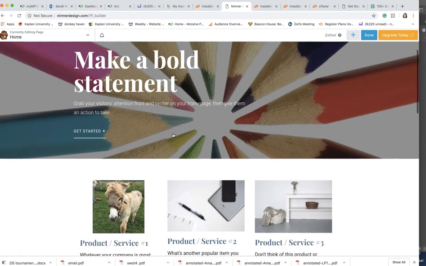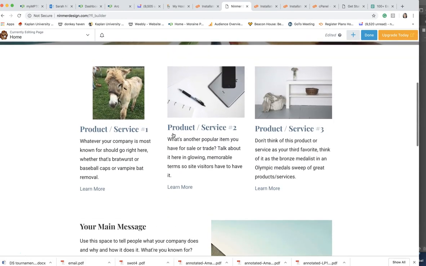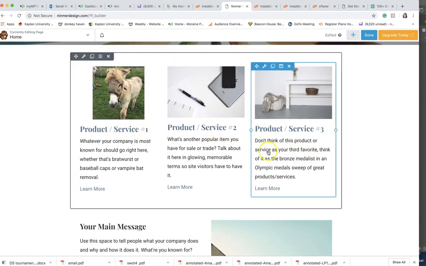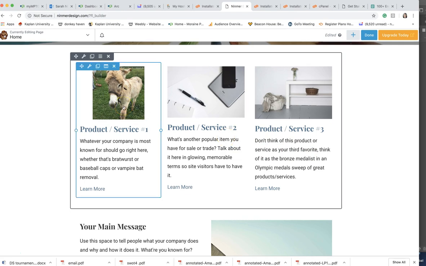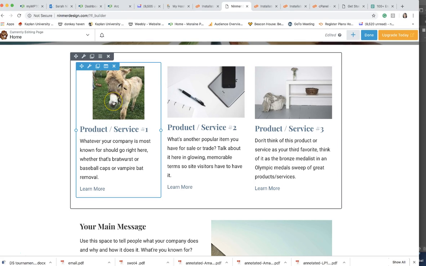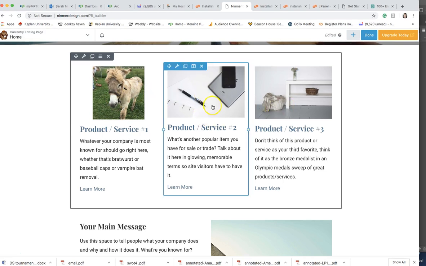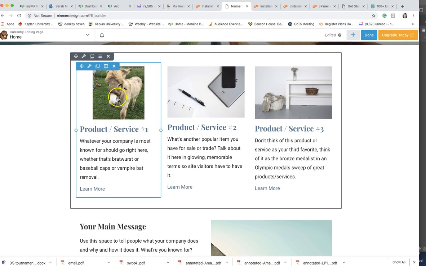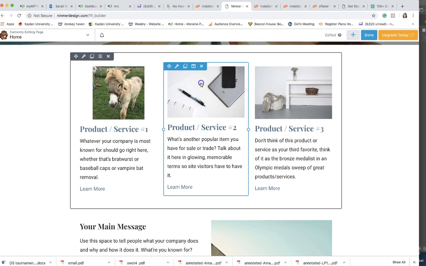Okay, and I wanted to show you what can happen when you want to change out images. So we have 3 images here. Now, these images are all the same size except for the one I replaced here, right? Because I didn't have the right image size, and I wanted to show you how that looks. So these images all need to be the same size. So how you avoid this mistake here, like which one doesn't look like the other, click on